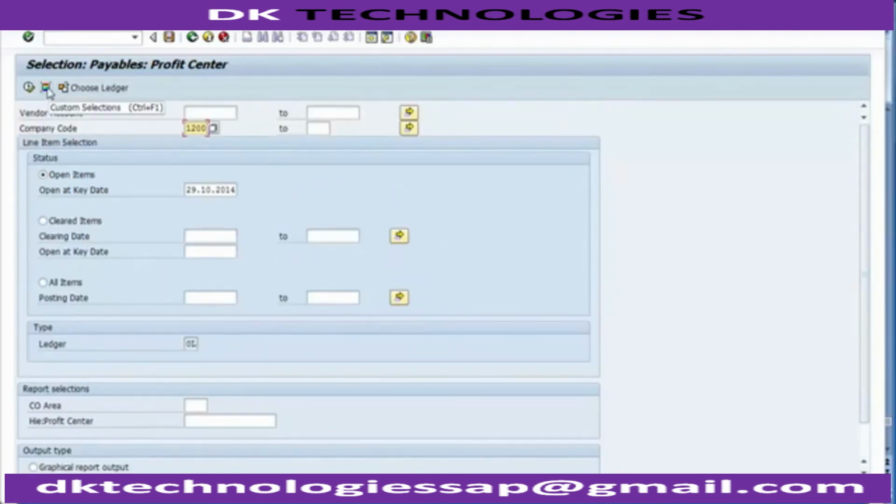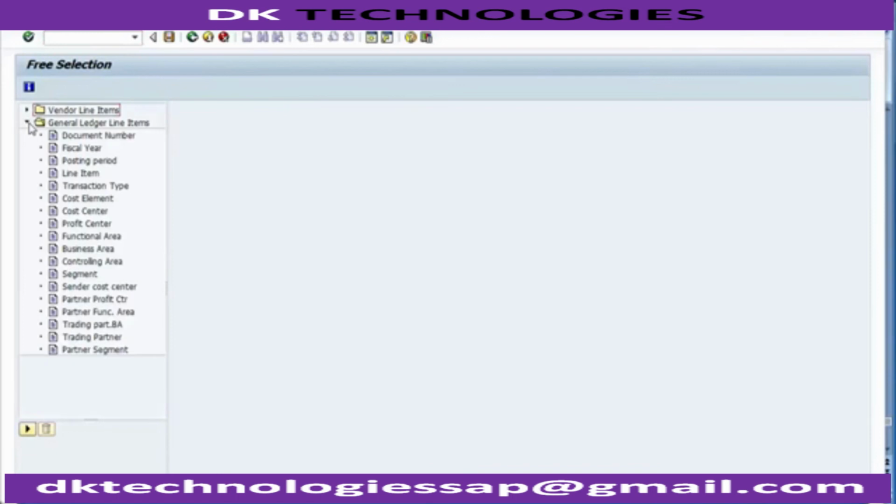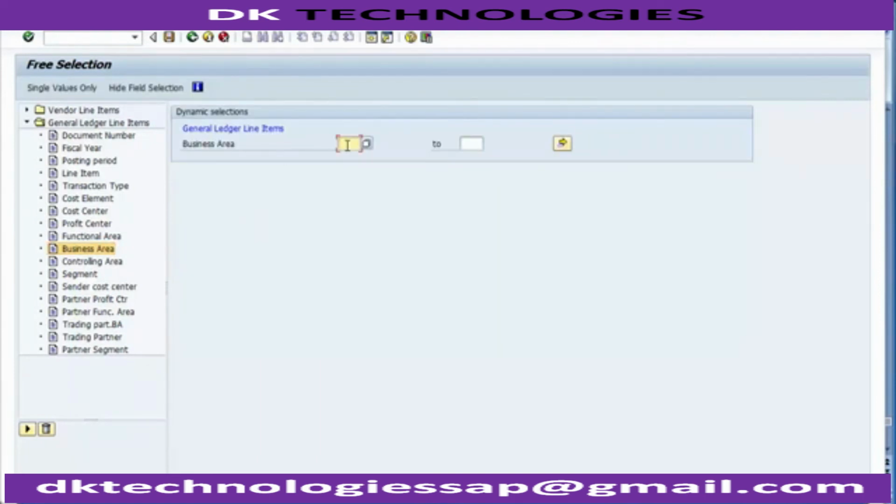You can go to this tab, and over here, suppose I have 3 business areas as we have created for product 1, product 2 and product 3. I want the report only for one particular business area. You can go to this business area and double click on it. When you double click on this, the pop-up will come for business area. So you can put your business area for which you want the